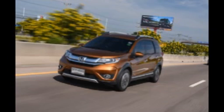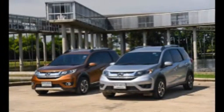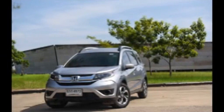In fact, the SUV measures 4,455 mm long, 1,735 mm wide and 1,650 mm tall, with a 2,660 mm long wheelbase. This puts it smack in the middle of the HRV,